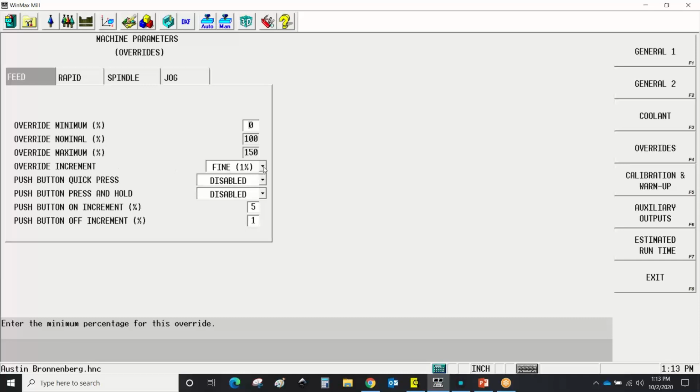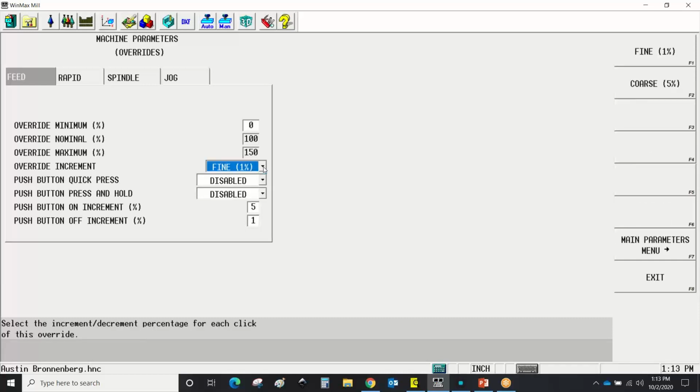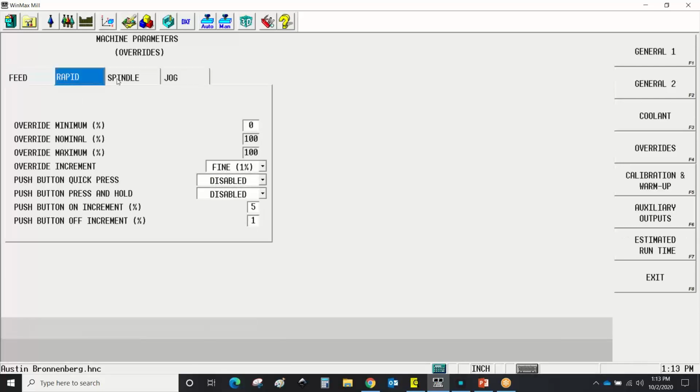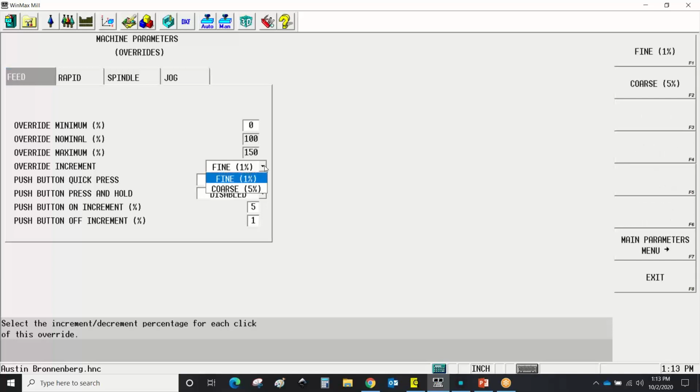So that's where we can set their minimum here. The override increment. This is going to determine how sensitive your override knobs are. You'll notice that we have one for feed, rapid, spindle, and jog. We have different settings for each individual knob. But this increment is going to determine how touchy that is. So if we have it at fine, then you can turn it quite a bit before you really start to see it go up. It's a little more controllable. If I go to coarse, it's a little harder for me to fine adjust that RPM, but you can adjust that here